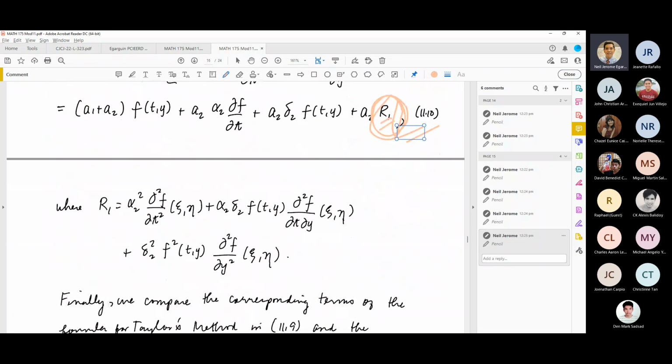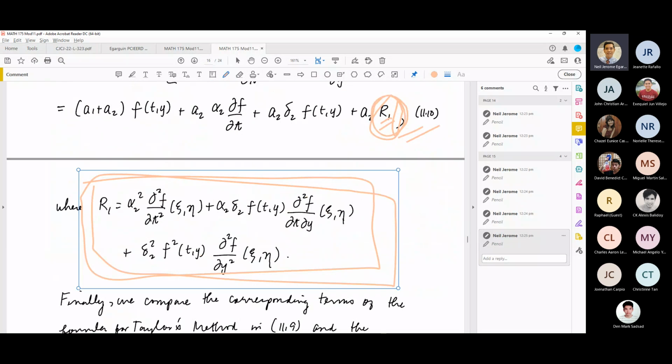And if you look at that, ito yung itsura ng error term na yun. And it is of second order. Kasi lahat ng derivatives na involved dito sa error term ay puro second order. So this satisfies, or this sort of guarantee, ang tawag doon, parang na-realize natin yung promise natin kanina na gusto kong magkaroon ng order 2